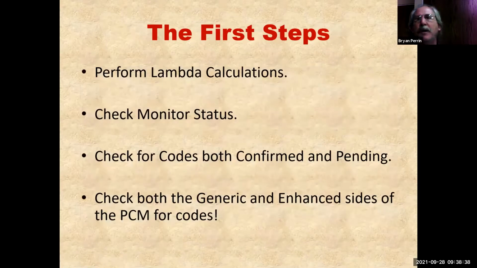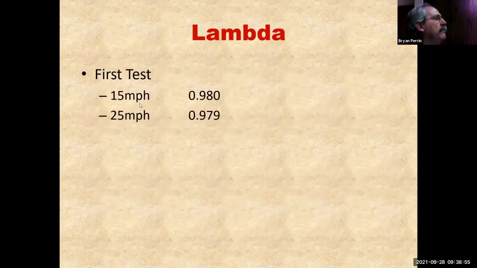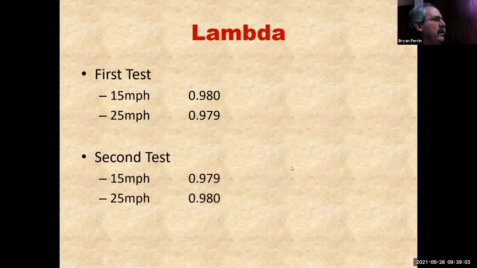So first steps, perform lambda calculations, right? How's the vehicle running? Is it in fuel control? Check monitor status. Check for codes, both confirmed and pending, and check both the generic and the enhanced side of the PCM for codes. So my lambda calculation at 15 miles an hour on the first test is 0.980, 25, 0.979. My second test, 0.979 and 0.980. So I'm clearly out of fuel control. I consider 0.980 a fail. That's the limit end. If I'm at 0.980, I have a problem. But I'm at 0.979, which is even less than that. So we clearly have a fuel control problem,